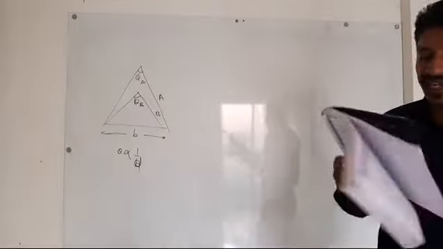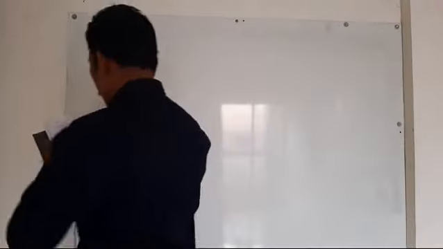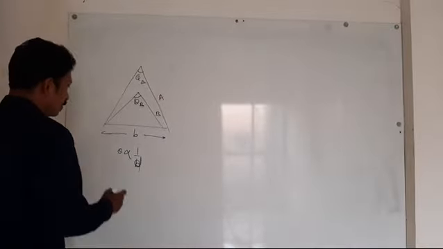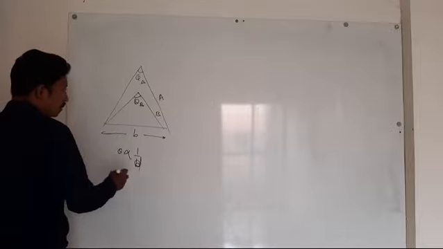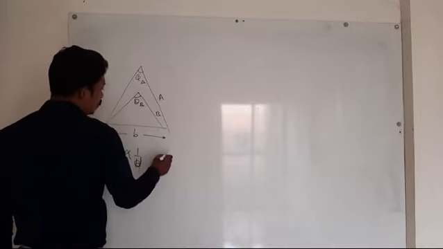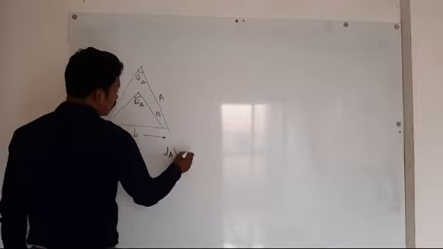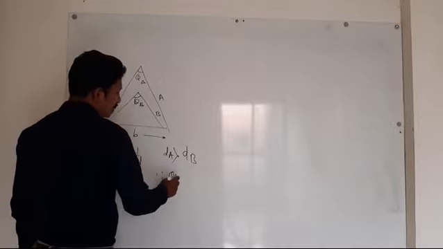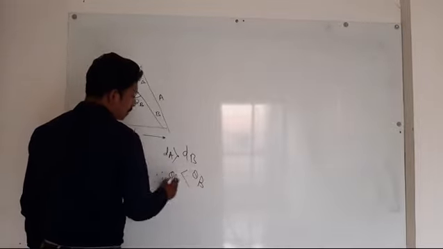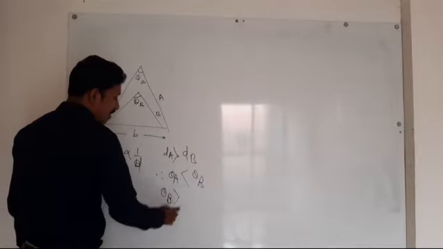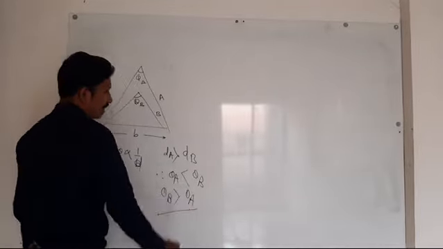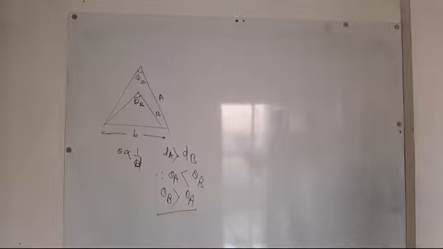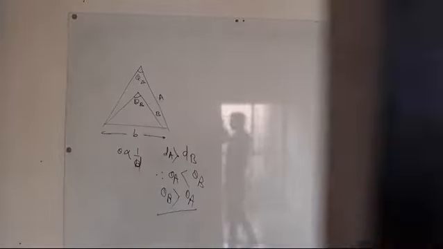Parallax angle is smaller. Then what is the example? What is the question? Star A is further than star B. Which star will have a large parallax angle? Then what? Distance of star A is greater than distance of star B. And therefore the parallax angle of star A is less than the parallax angle of star B. Means the parallax angle of star B is greater than the parallax angle of star A. Right? This is the answer of this question. Okay? Very simple question. So complete this question and take the next question.